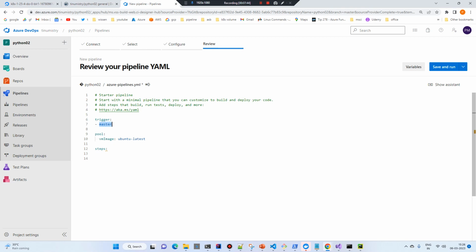I'll also set auto trigger to none, because I want to manually trigger the pipeline. The pool is VM Ubuntu latest, because we are deploying to the Linux containers. So we will have two tasks: one is the Docker task and another is the deployment task, the CI task and the CD task. So what I will do is